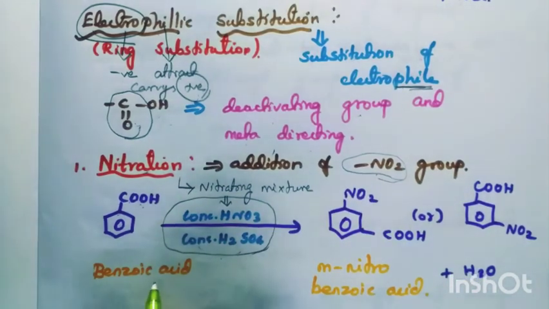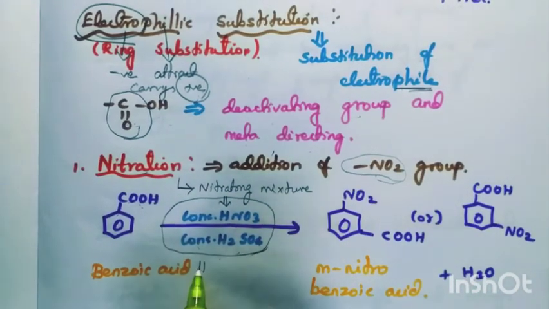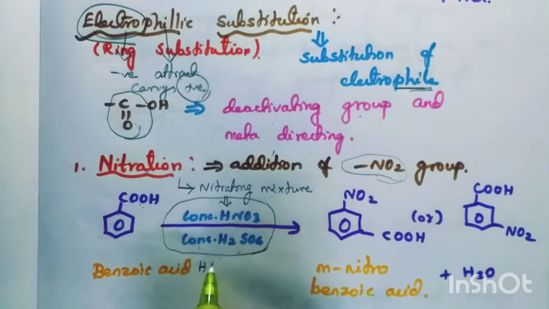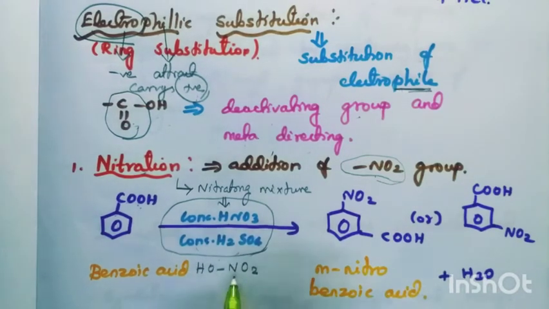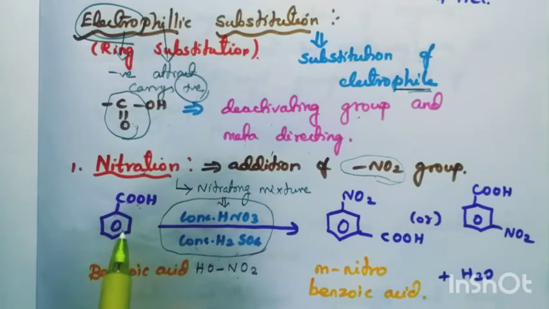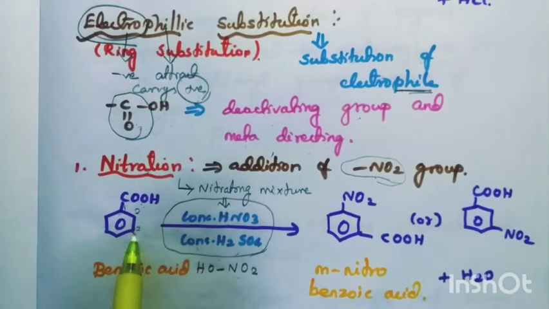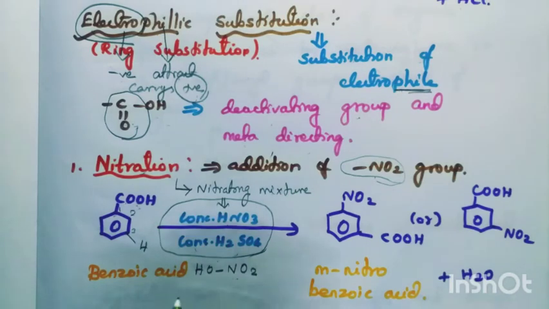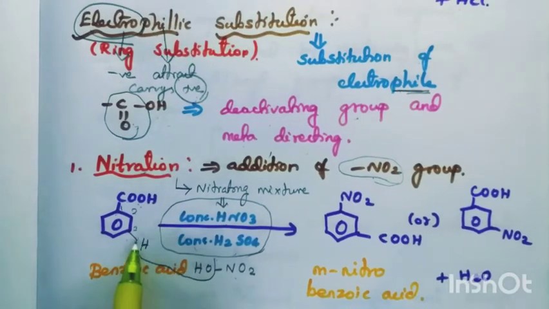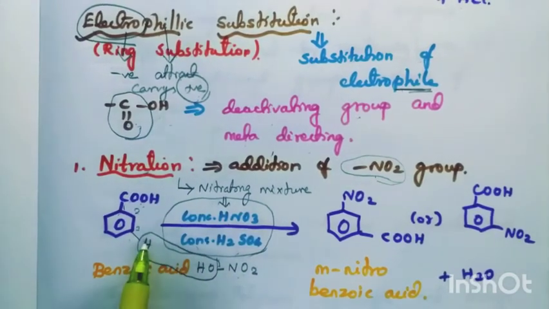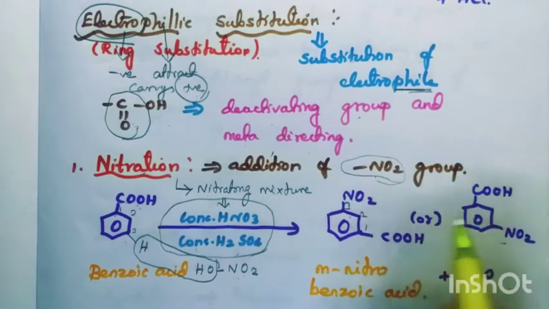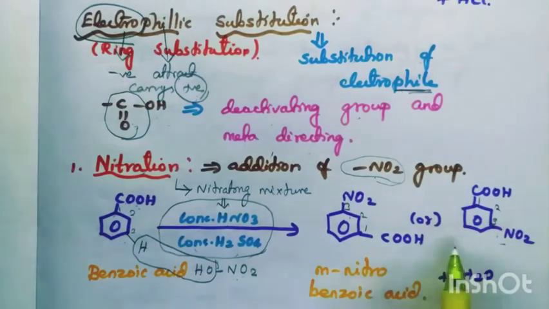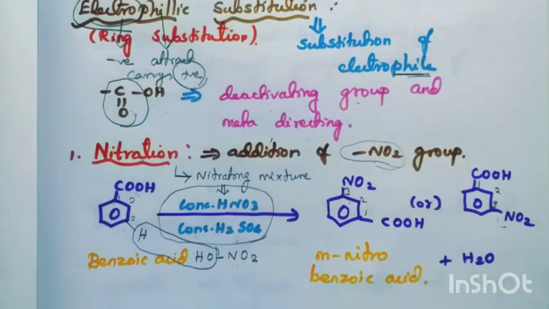Now, nitric acid is involved in the reaction. It can be written as HNO3, no? I am writing it like this. The 1,3 position is known as the meta position. So meta hydrogen is needed. At all the corners of the benzene ring we have hydrogen, no? So this meta position hydrogen goes out as water. Now NO2 is added here. We can write it in this manner or in this manner. Anyway, it is the 1,3 position. Here, 1, 2, 3. So it is meta-nitrobenzoic acid.